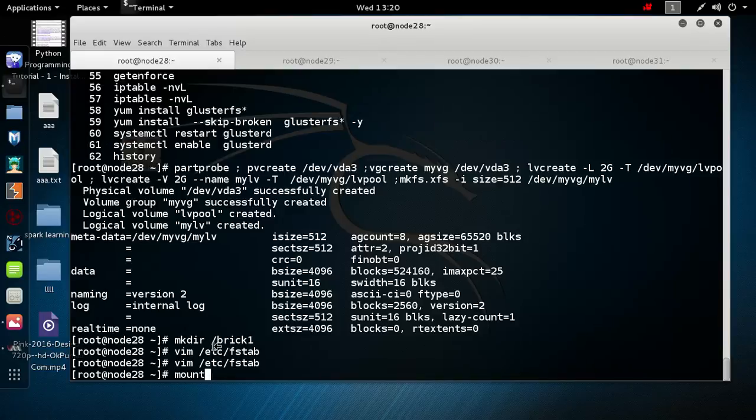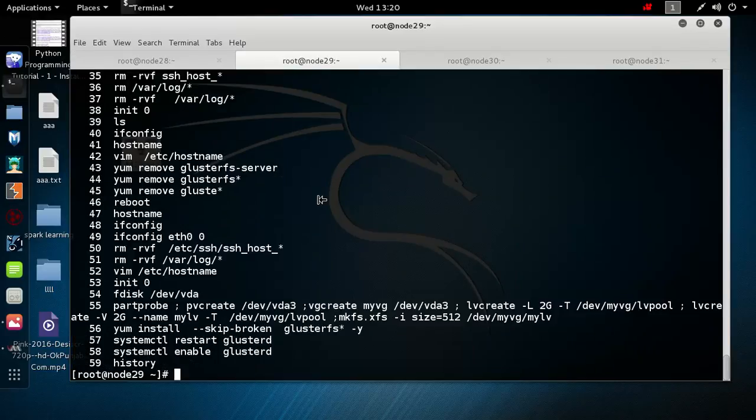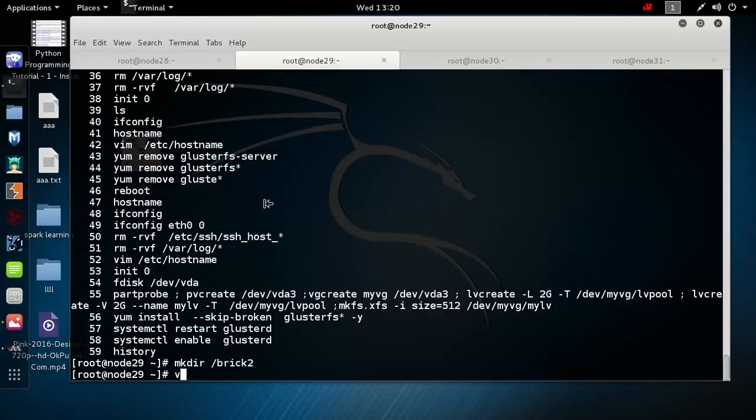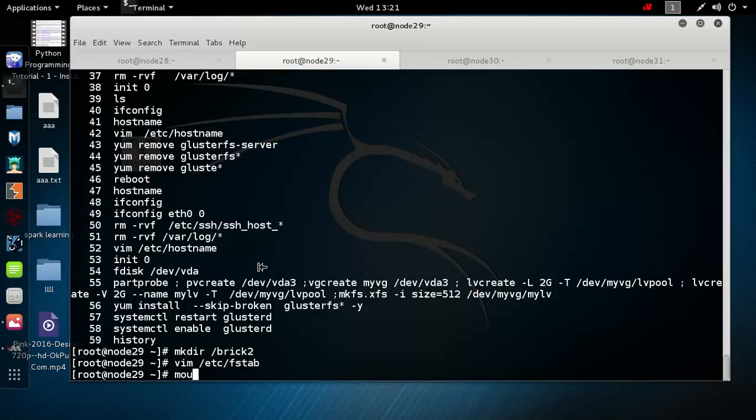And mount -a. So LV is ready, brick is ready, and the second brick 2, LVM and ssh-copy-id tab, and here it is, there is only a chain brick 2. Save it, mount -a,